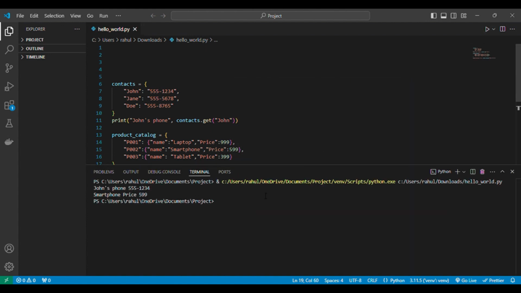Here we made each value in product catalog another dictionary that stores both the product name and its price. Now we can access specific attributes, like the price for each product. This structure can be very helpful for building complex systems like e-commerce platforms or inventory trackers.